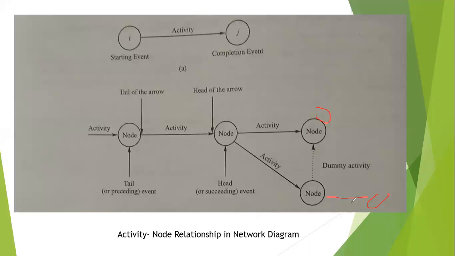Now since this activity has gone to another node, I'll create a dummy activity here. Because the question says this particular node is dependent on this activity and this activity. Now I cannot draw it here, I cannot draw it here, twice I cannot draw. That's the reason I'm creating a dummy. The resources will not matter here because dummy means it is zero. Generally, if you try to put the same straight arrow here, it means that this activity and this activity are repeating twice. So that's the reason we'll have a dummy activity. We'll see how dummy activity comes in future.